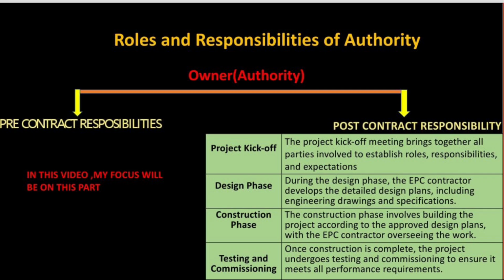Pre-contract responsibility comes before the tender and agreement, meaning if the authority has already decided and frozen the data before the tender, it's okay. In most cases, only the basic alignment is identified and they go for the tender with a tentative cost. Once the contractor is finalized, then both parties, the authority and the contractor, and the consultant if already finalized, can join and decide the basic design criteria. Once the basic design criteria are frozen before the agreement, they cannot be changed. Both the situations mentioned above are the pre-contract responsibility.